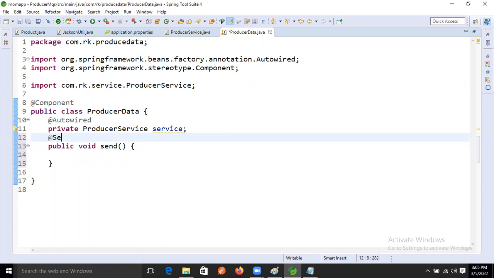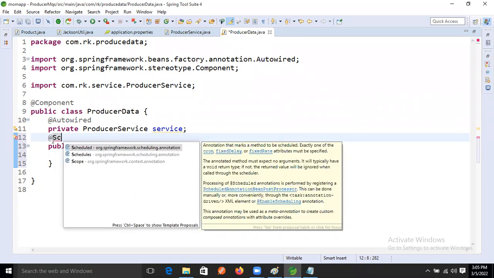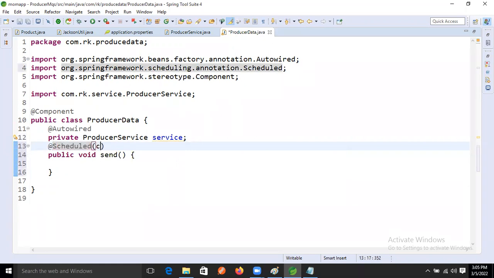So it is scheduled using a cron expression. Using a cron expression, we need to give the expression. Let's give every 5 seconds, sorry, 6 stars, 1 2 3 4 5 6 stars are there.